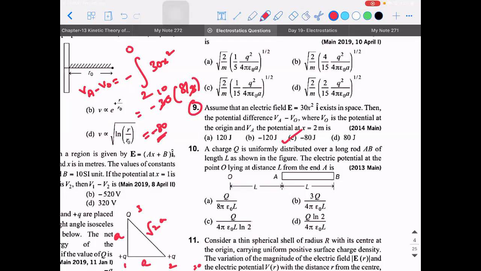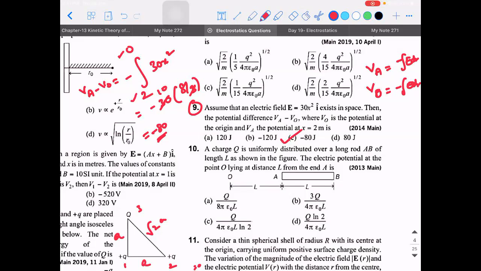Here, if you observe, I would have done something different. What is it? The limits. Okay, I did initial to final. Sorry, final to initial because of the negative sign that we have. Means what you will actually be doing is VA is equal to minus integral of dr, correct? You will calculate that separately. VO is equal to minus integral of dr. Subtract both. Then you will get the proper limits. So answer is minus 80.